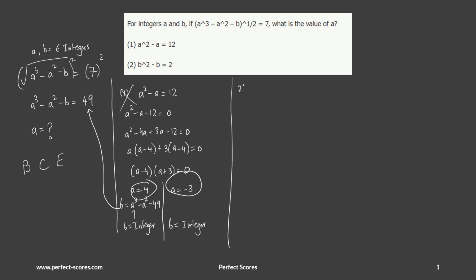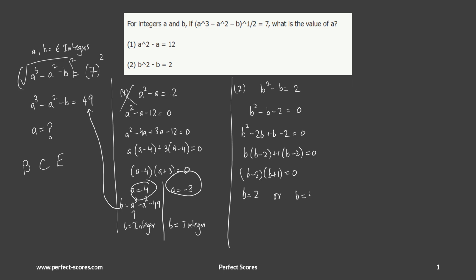Moving on to the second statement. This statement puts a condition on B, which says B square minus B is equal to 2. Again, I can make this a quadratic equation, split the middle term, and this is what I get, making sure that I get two values for B. So I solve for this quadratic equation. I get B to be equal to 2 or B to be equal to negative 1. Now let's substitute these values in this equation here to try to get two different values for A, and let's see if they both turn out to be integers this time.